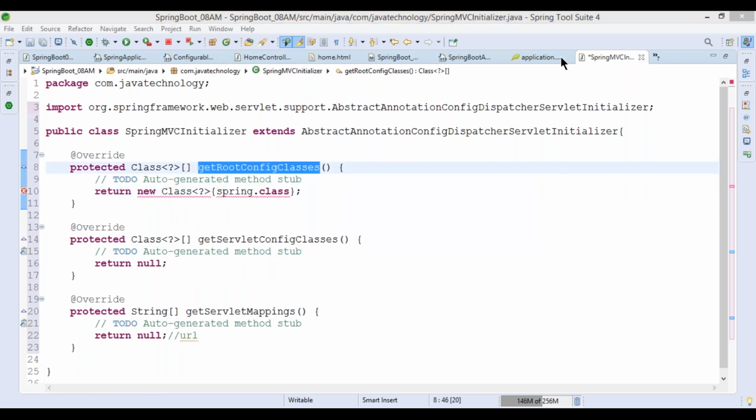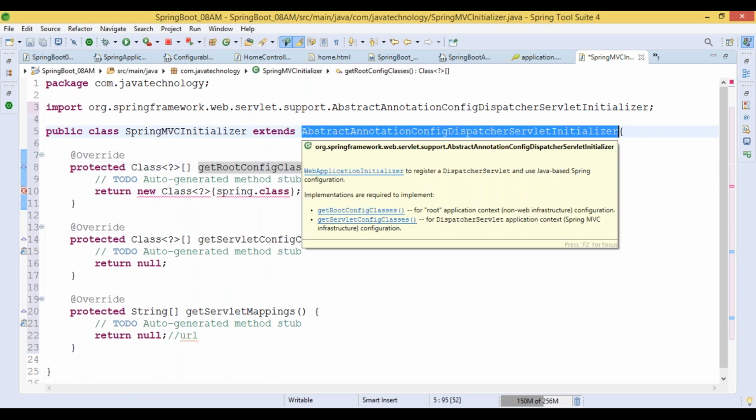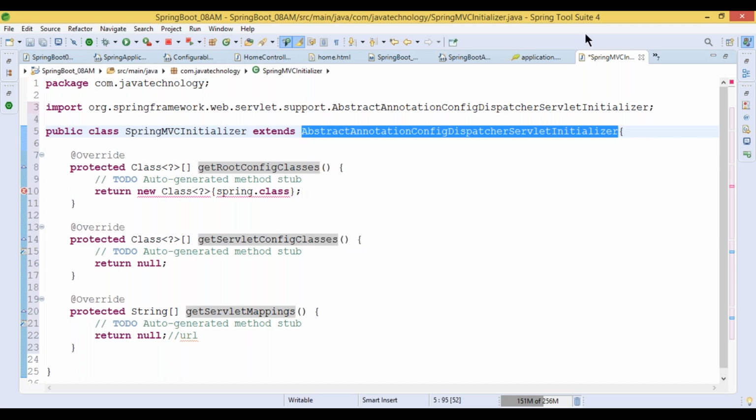And here my question is, what is the use of this initializer? No idea. If you are using the XML concept, we are using some dispatcher servlet, right? Exactly. Instead of the XML, we are extending the classes.